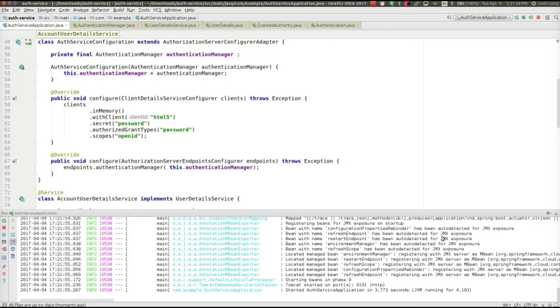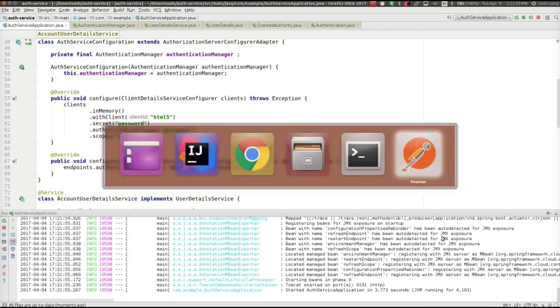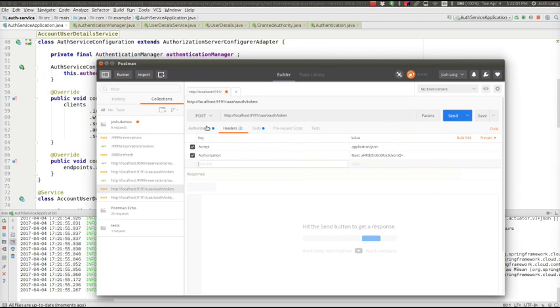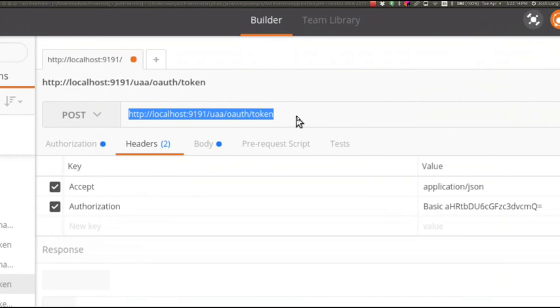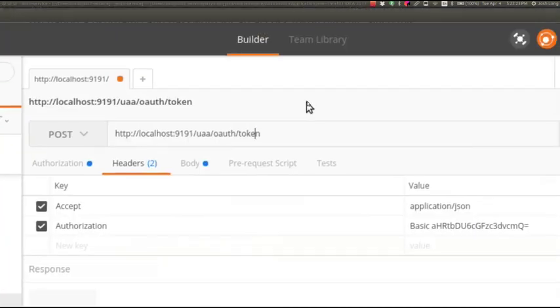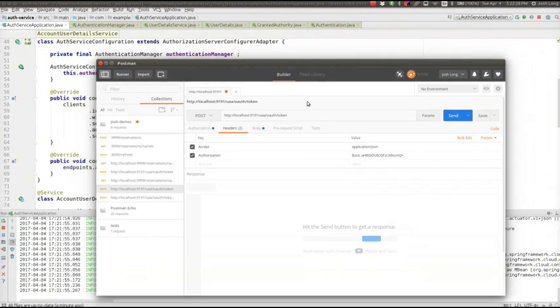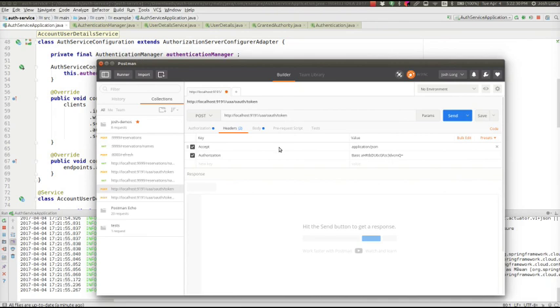Okay, so the application is up and running on port 9191, and I'm going to use the Postman browser plugin here to simplify the task of requesting a valid token. So remember what we said, it's on 9191. It's going to make a request to 9191 UAA OAuth token. So this is the custom context path that we've provided, and this is the actual standardized OAuth endpoint that we're going to call. And when we send the request, we're going to say that we accept the application JSON, and